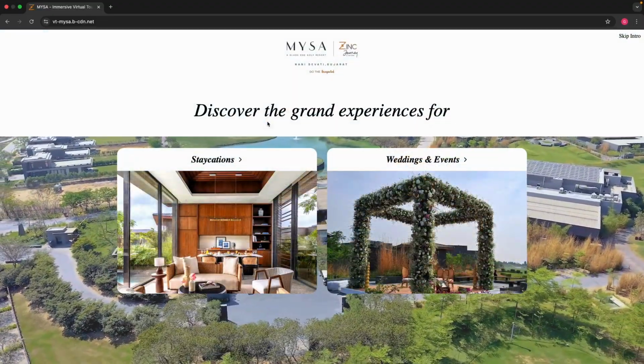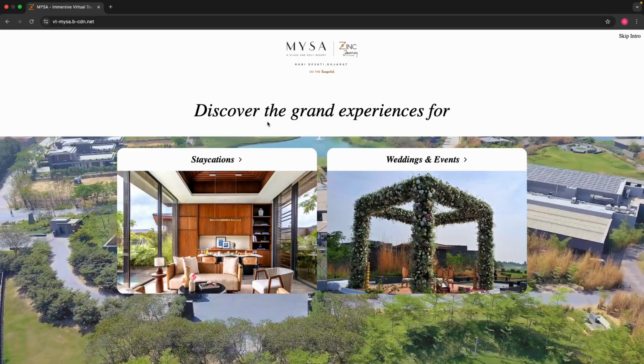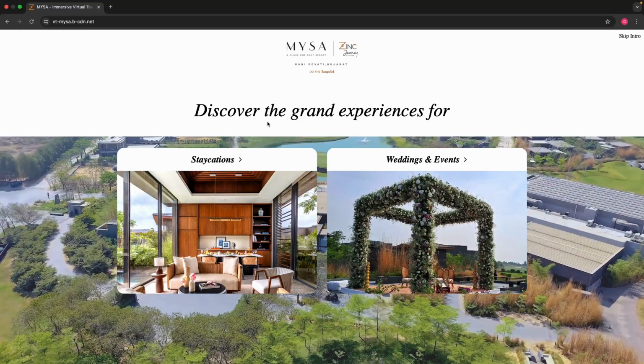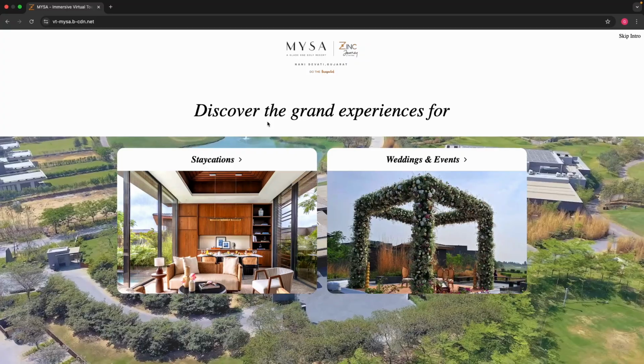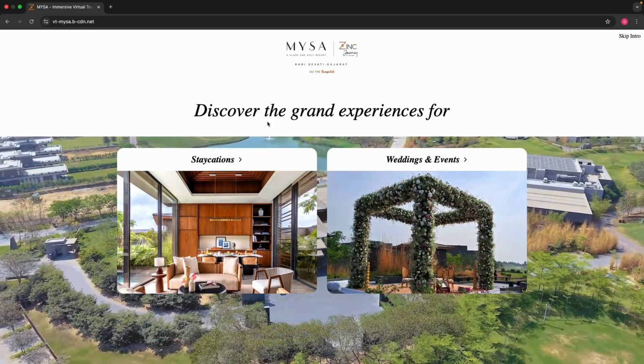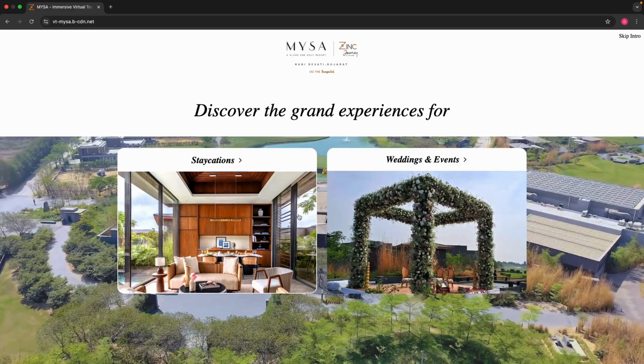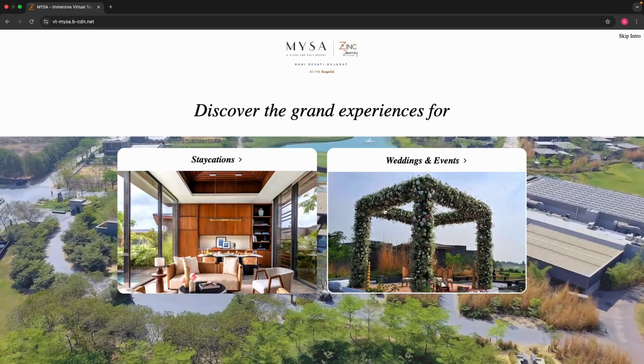We create virtual tours that let your guests explore your venue online, just like they were there. Imagine walking through a banquet hall for a wedding or looking at a room for a getaway, all from your computer or phone. It is easy to use, with sections like staycations and weddings to help people find